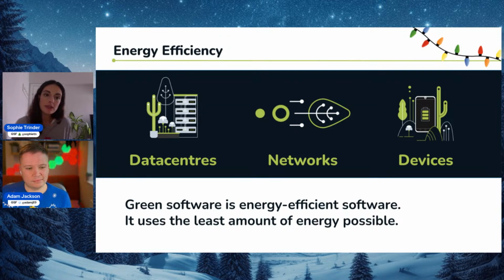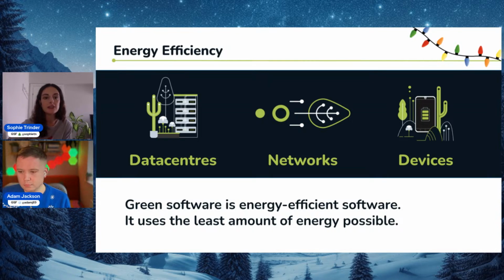When we start thinking about what green software is, we first need to understand some of the negative environmental impacts that are associated with software. And this should be considered across the whole infrastructure, from data centers to networks through to the device. So the most obvious impact is the electricity use. The less energy that software consumes at every stage of that chain, the better. And when we're talking about this, we call it energy efficiency. But we also need to look at other impacts as well, such as water use and waste too.